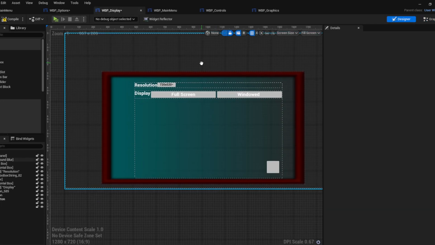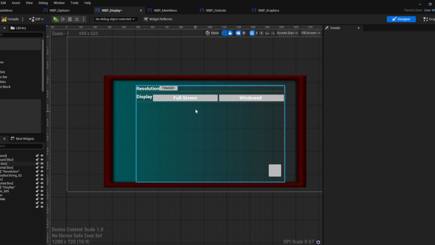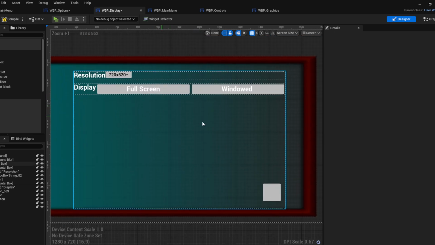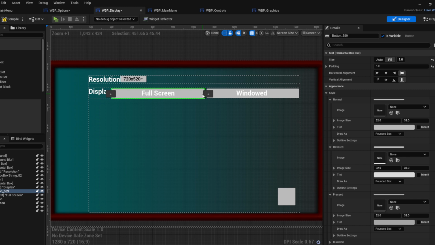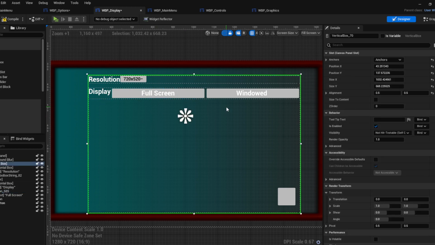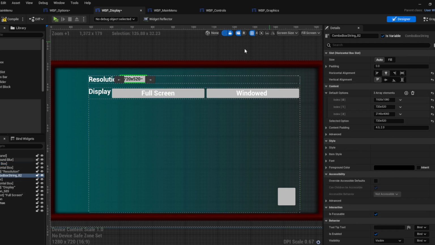This is the display. This is what I currently have. Maybe I could include some more stuff, but I have the display. These buttons, bear in mind, actually work currently. They are working. The resolution, I'm not sure if this is actually working, but I have the graph set for it. This resolution,